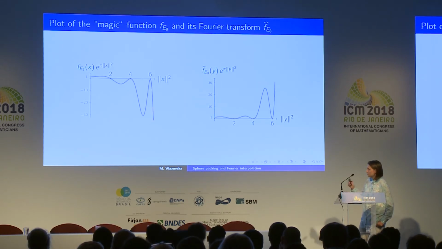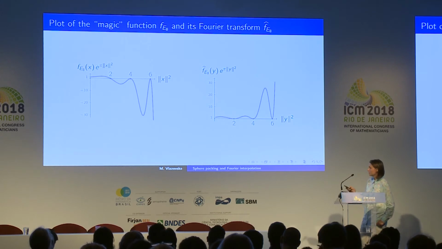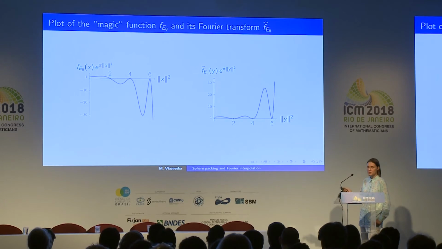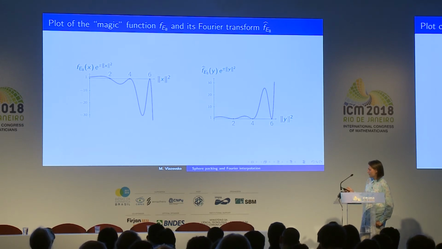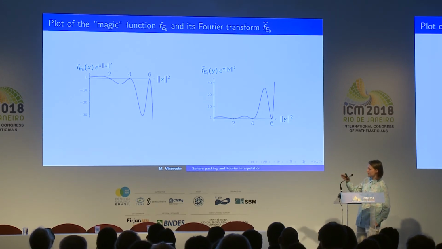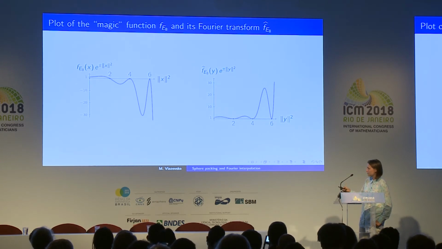And so here is the plot of this function. Between ourselves we call this function f a magic function, because it magically proves for us such a difficult geometric result. Remember from the definition, this has to be a Schwartz function, so the function f and its Fourier transform decay very fast. If I plotted the function f itself, you would maybe see only this first bump and then nothing else. So I multiplied it by this auxiliary